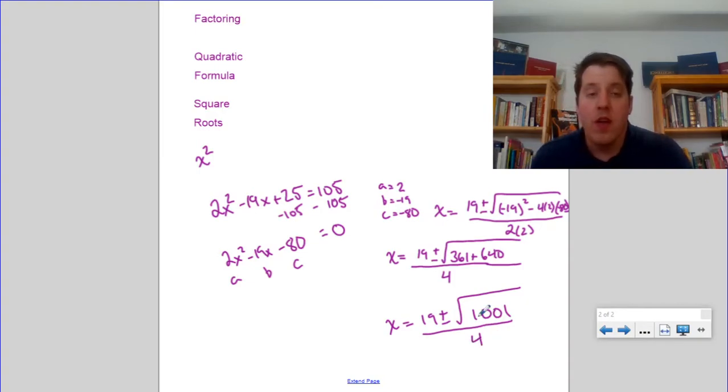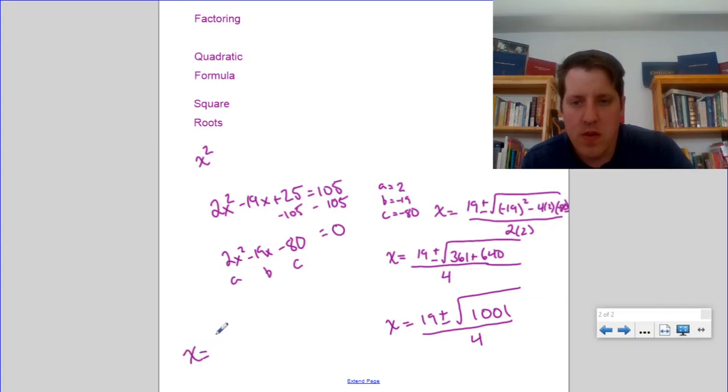Now here's the thing. I don't know the square root of 1001. It doesn't really have a nice square root. So we're going to need to use a calculator for that. It turns out that it's like 31.64. So x equals 19 plus or minus about 31.64